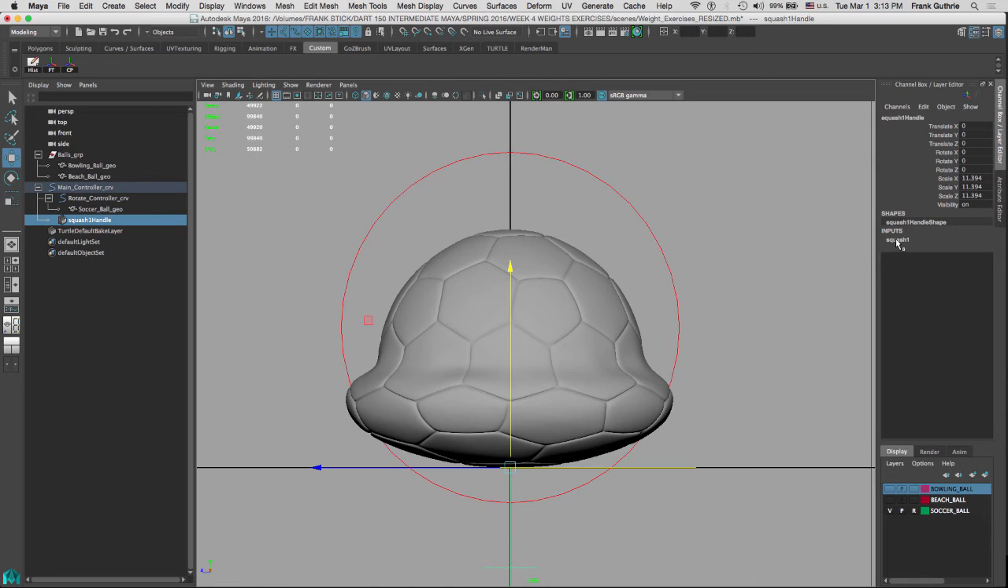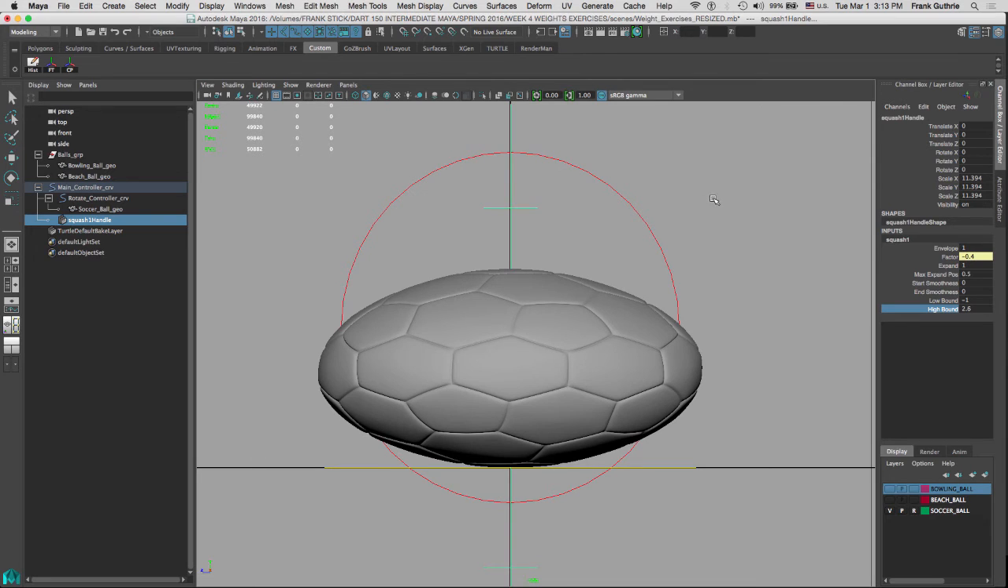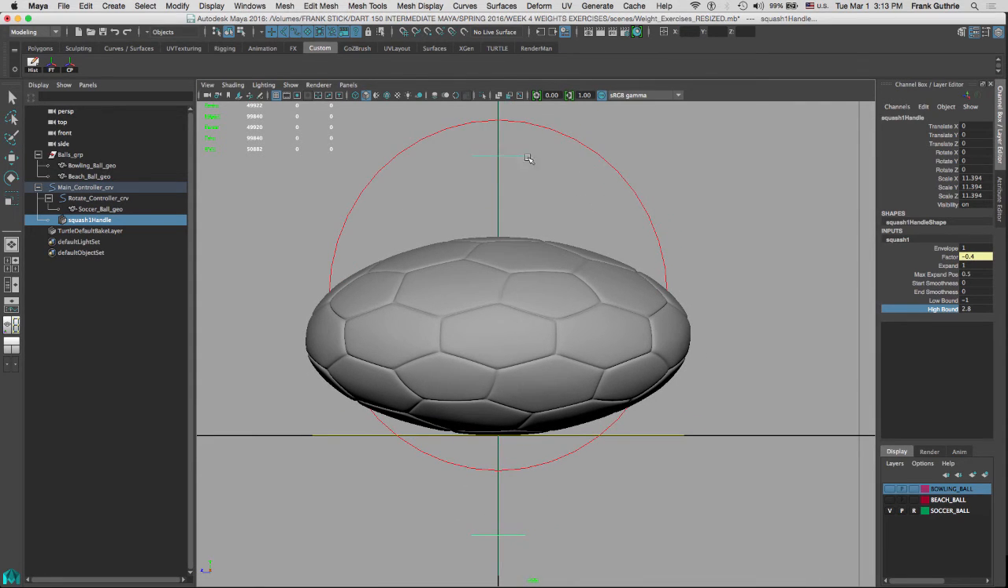And now we are going to go to our squash 1, and we're going to increase the high bound. So we're moving the area of influence to the top. Visually, you want to make sure that the high bound right here is the same distance as the low bound right here to your object. So it looks like I have something probably like a high bound of 3,